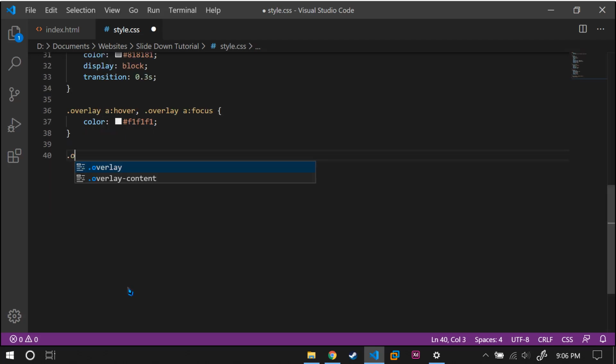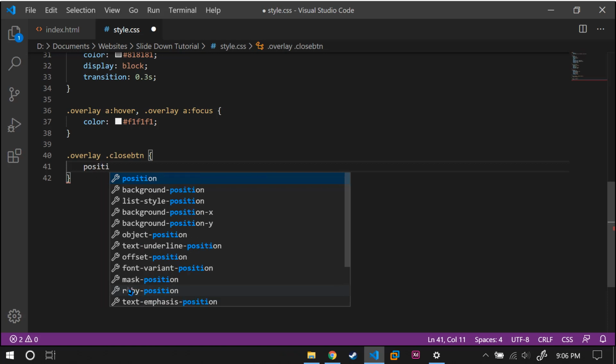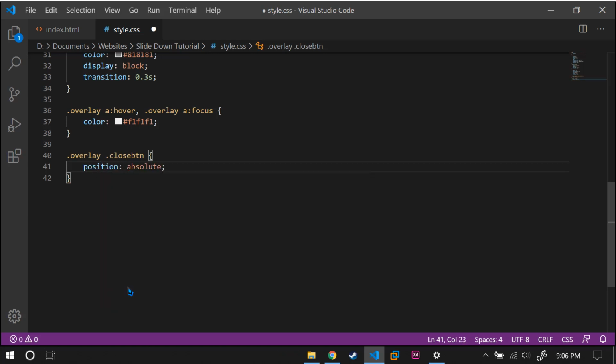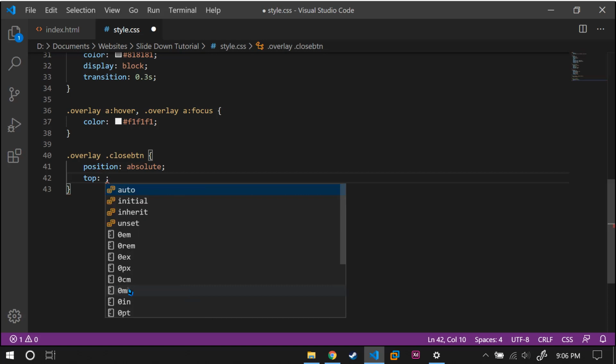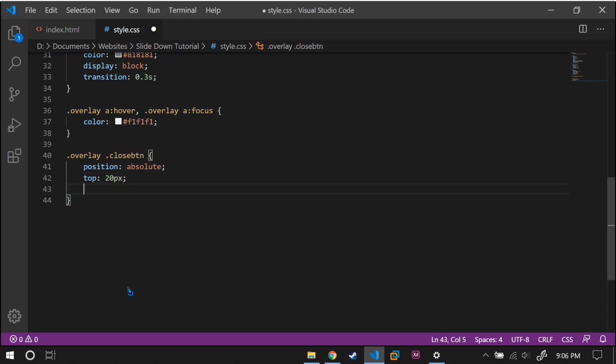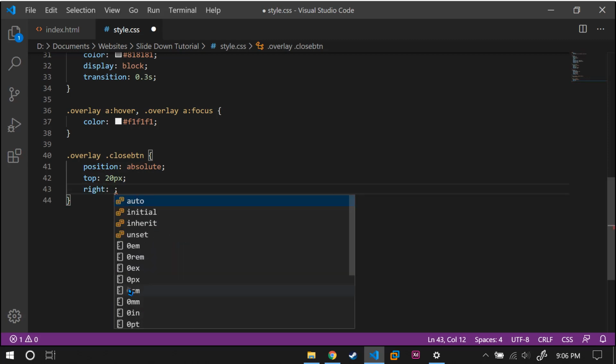Now let's talk about the close button. Overlay dot close btn. Position absolute. Don't want it to be moving here and there. And from the top it will have a little bit of margin of 20px. After that, from right it should have 45px,